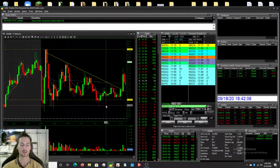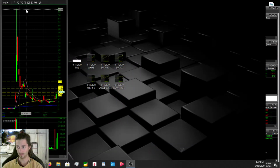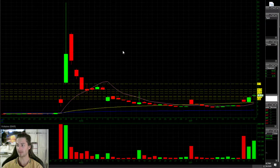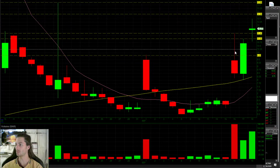with 25 shares, and Kodak is a very volatile stock. So I was very cautious about this one. I also don't really trust Kodak after it's ripped to $60. It's a very volatile stock, and there's tons of bag holders. But anyways, the thesis on this one was